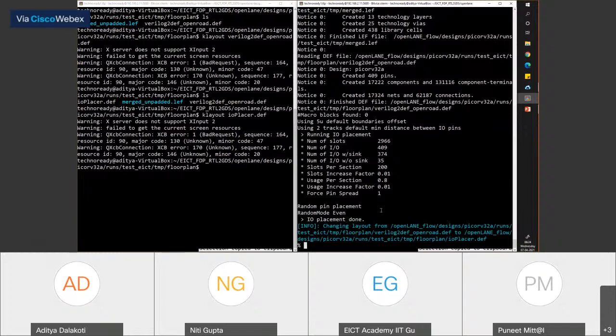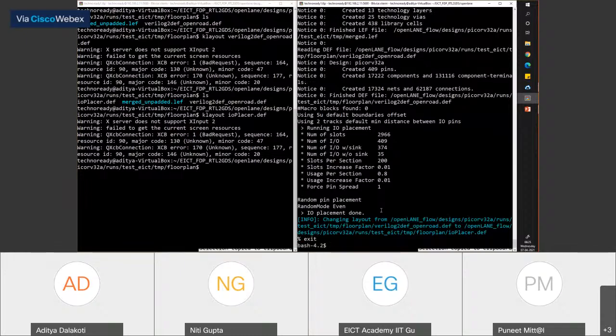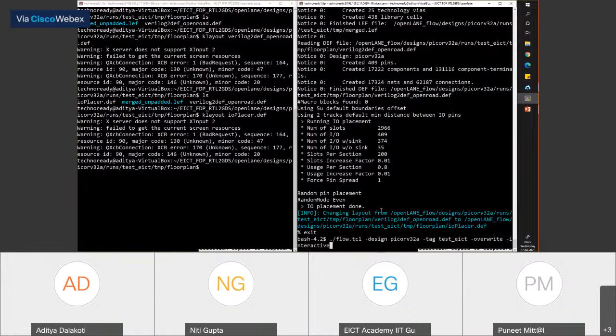Excellent. So now what we are going to do is, I would advise you to actually exit this session. Please do exit. We will rerun this session. So exit and come to your bash, and then do not rerun right now. We want to do certain changes. This next part is very important.